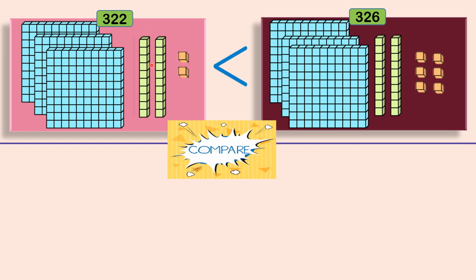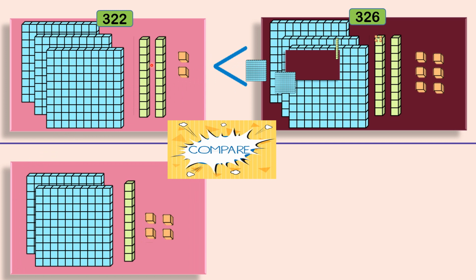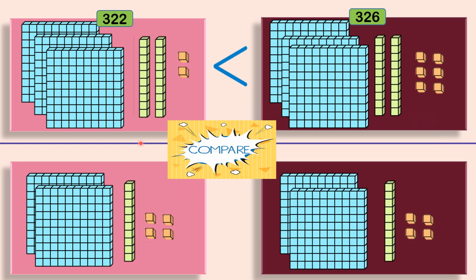Now coming to the next set of pictures. This is the first one and the second one. Okay, let's start comparing from the blocks of hundreds. 2 blocks of hundreds, 2 blocks of hundreds. Both are same. One group of 10 and one group of 10 again. Both are same. Loose ones. 4 loose ones here and 4 loose ones in the second picture too. What did you see here, children?